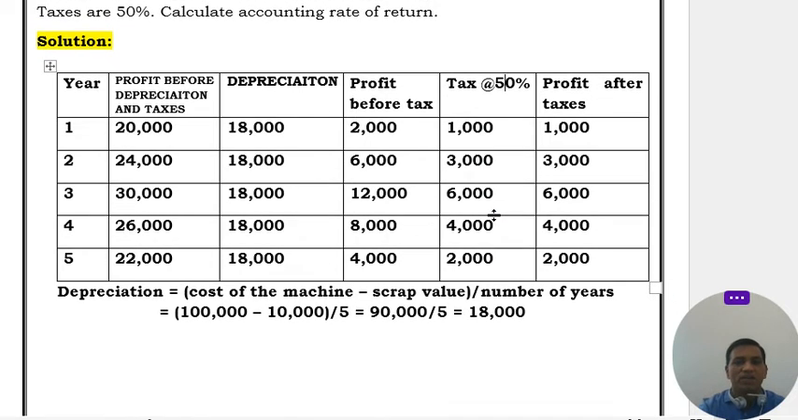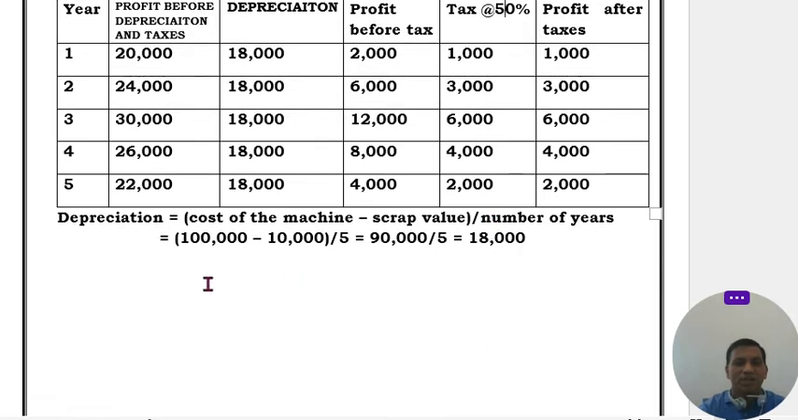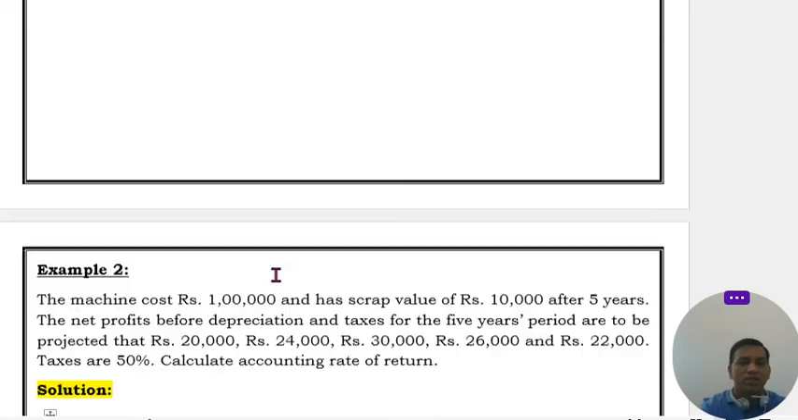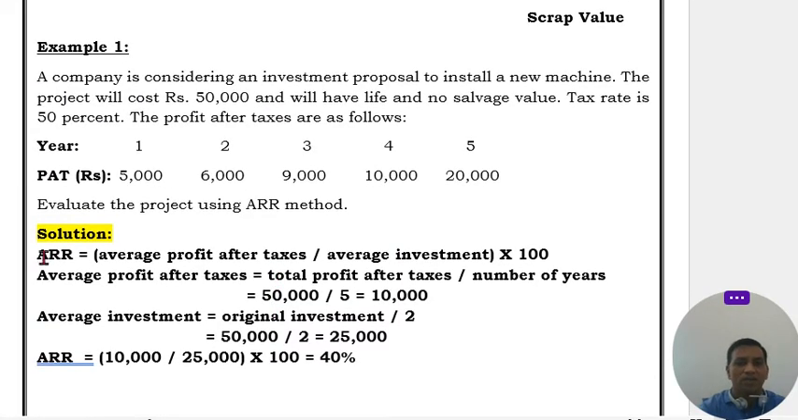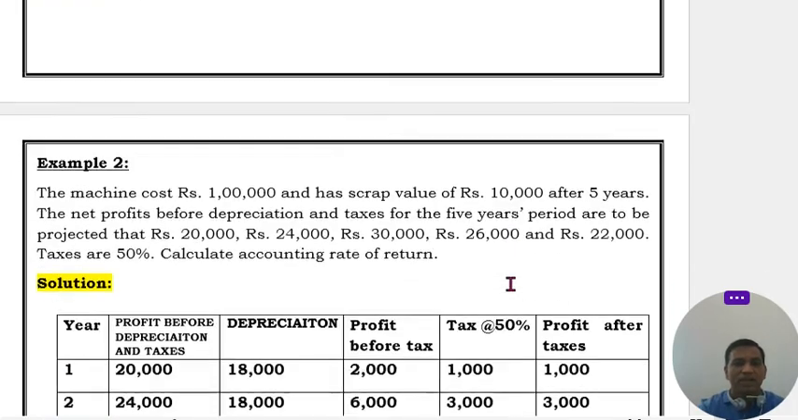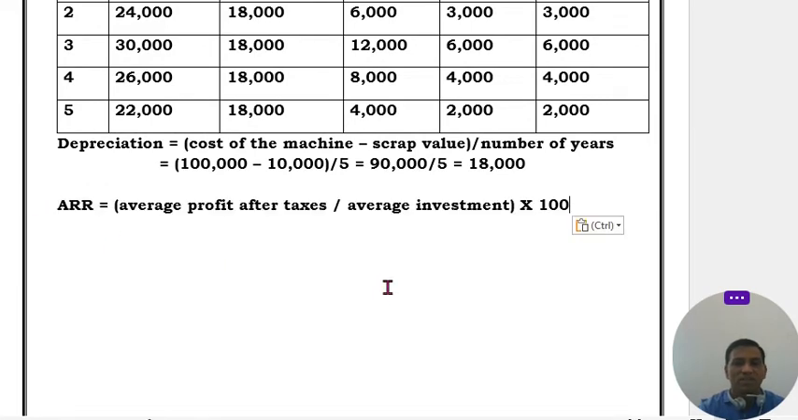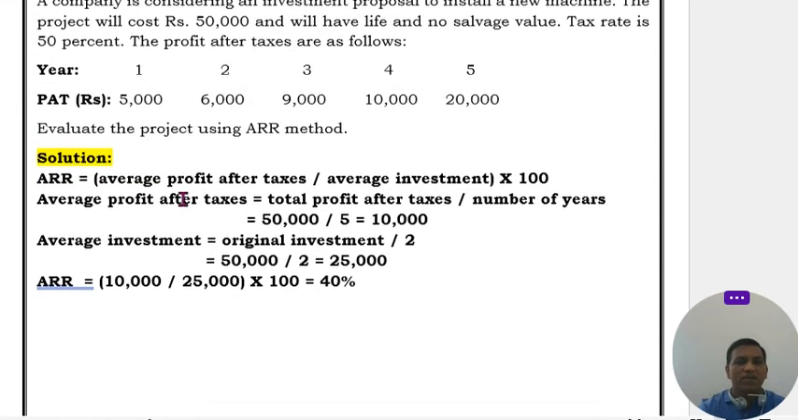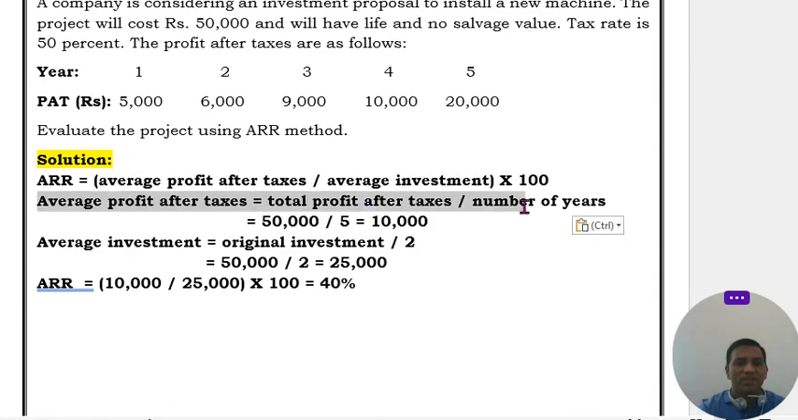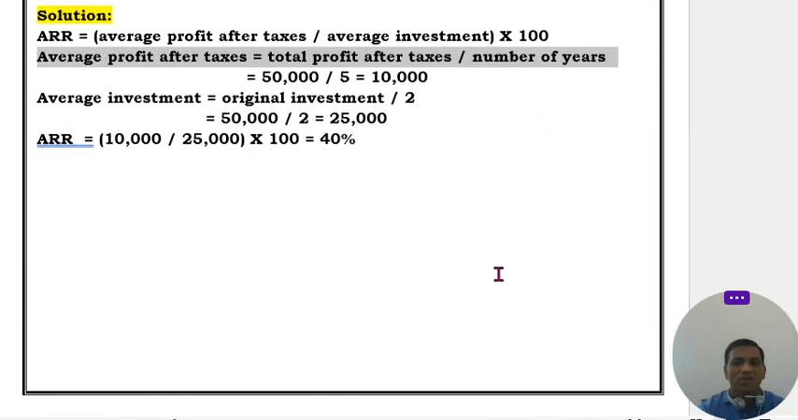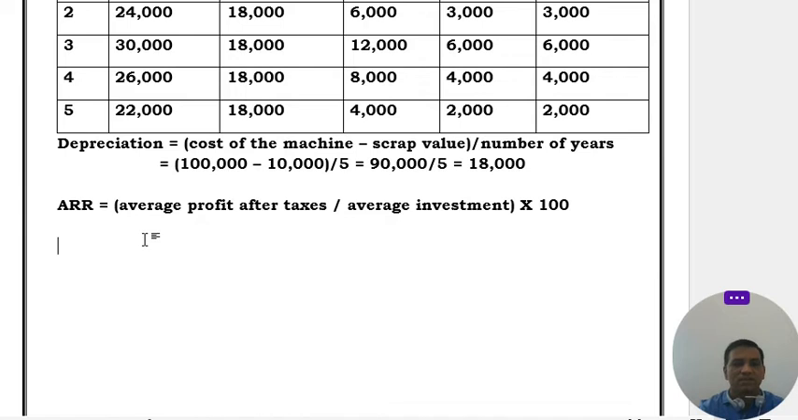And next what we need is average investment. So first of all, the formula. What is the formula of ARR? ARR is equal to average profit after taxes divided by average investment. Next, how will we get average profit after taxes? Total profit after taxes